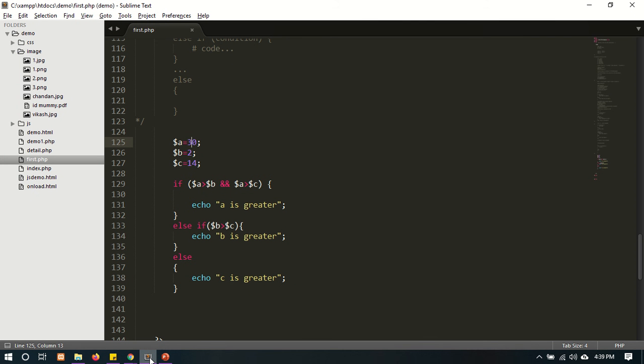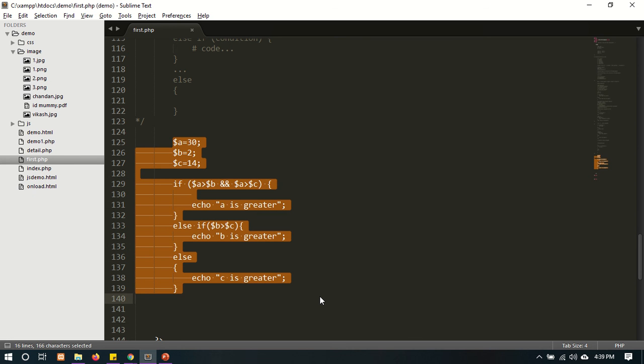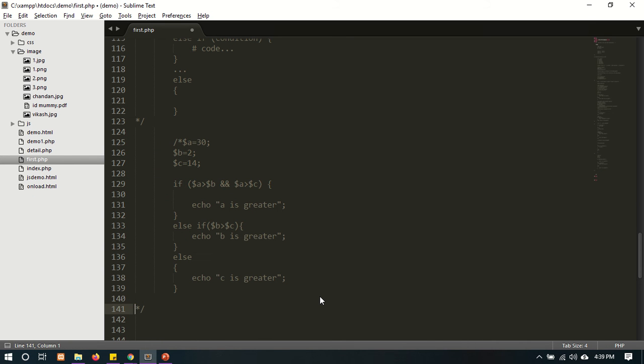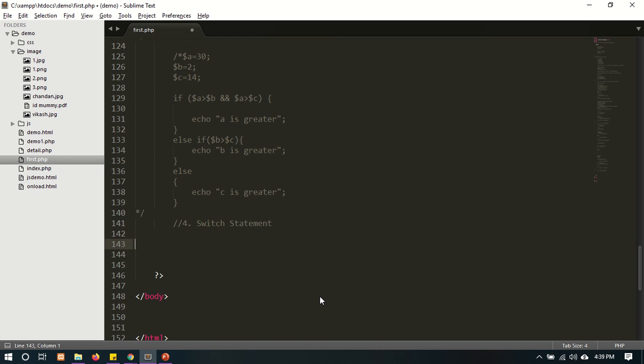The next one is the switch case, or the switch statement. The fourth one is the switch statement. Just comment this. The syntax for the switch statement is the